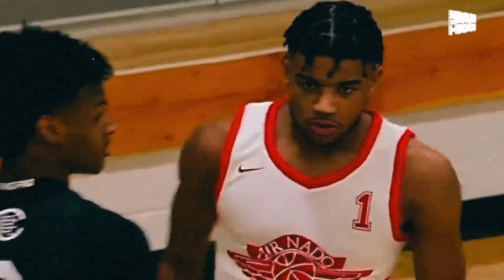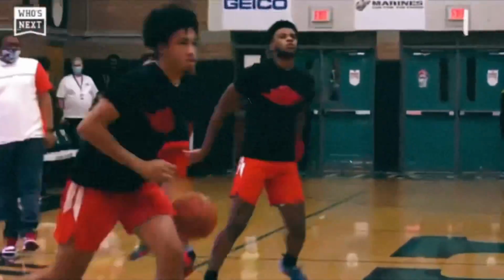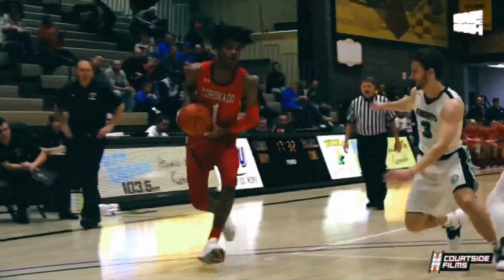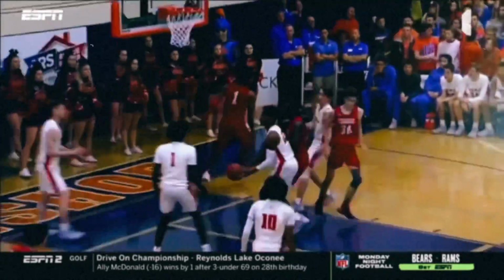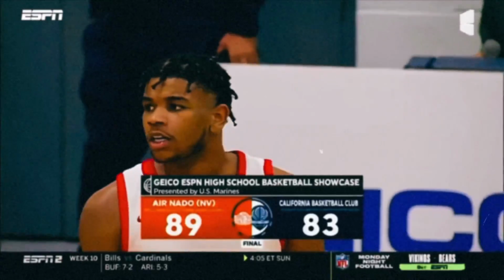Projected top 3 pick on ESPN's 2022 mock draft, Jaden Hardy will follow in the footsteps of the 2021 NBA Draft's number 2 overall pick, Jalen Green, when he becomes the next elite shooting guard prospect to suit up for the G League Ignite. 6'4", 190, Hardy was made in a lab to get buckets at the NBA level. A 4-level shot maker, Hardy will be sure to turn heads when the 5-star prospect makes his way to Walnut